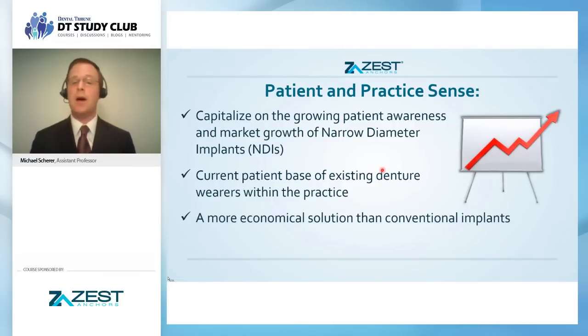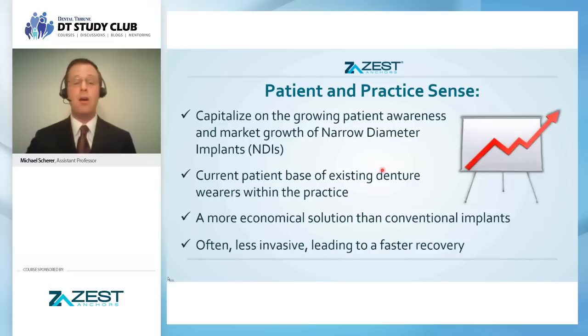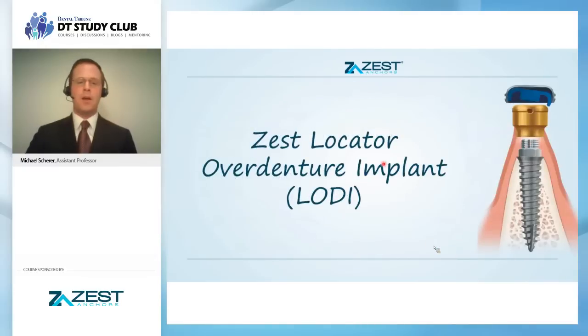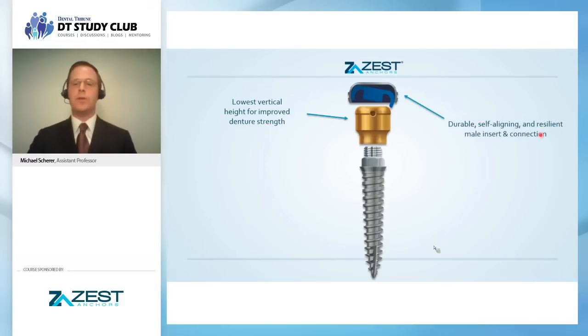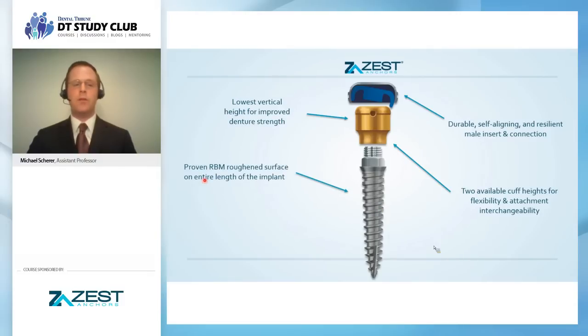It does tend to be more economical than conventional implants, but key, it many times can be less invasive, leading to a faster recovery. Hey, that's a winner right there in my book. So let's talk briefly about some of the components of the Zest Locator overdenture implant, because it breaks down into more or less a three-piece design. You see here that, yes, it has the lowest vertical height for improved denture strength. Durable self-aligning resilient male insertion connection, 2 available cuff heights for flexibility, as we talked about, a proven surface on the entire length of the implant,